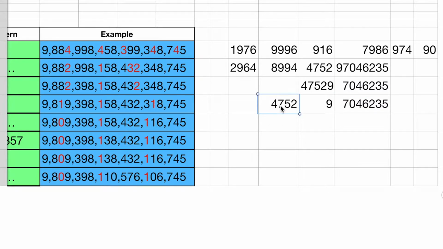And this row is when it is split at both 2 and 3. So this is starting at 1 and ending at 4. This is starting at 3 and ending at 3. And this is starting at 2. So you see here, 9 moves from the first part to the second part, and the rest of the numbers are the same, and here it just gets appended to the previous part. Same way 47529 gets split into 4752 and 9.